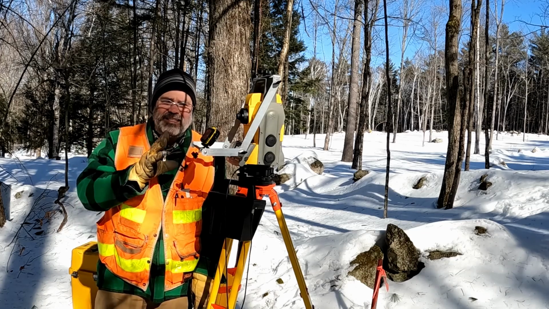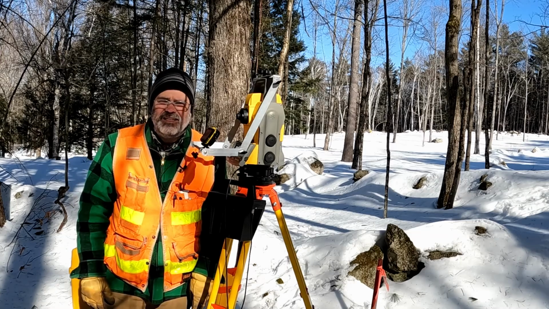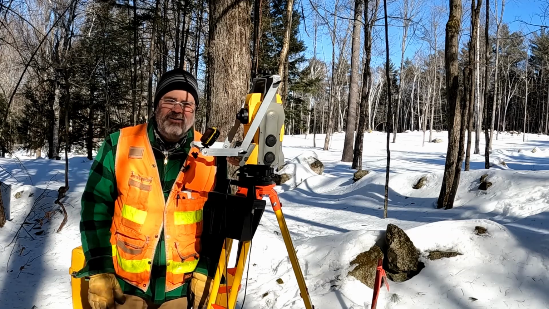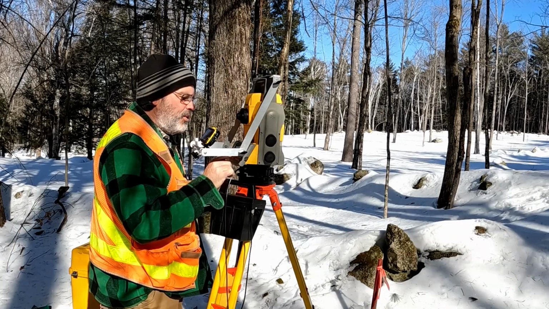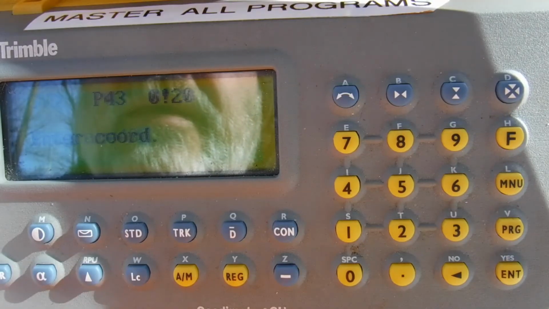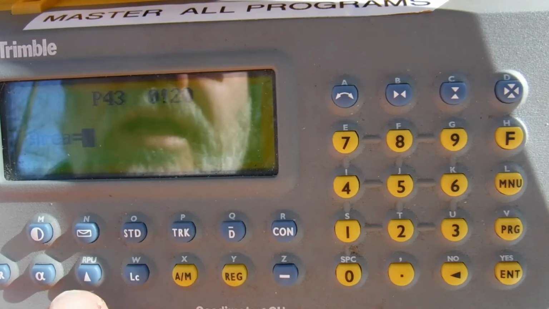We also have to establish the station like we did before, but it's a known station, so that's a little easier. And then we can get down to actually blazing the line. So let's start. First step, program 43. Enter coordinates. Internal memory, number 1. Area file is alpha